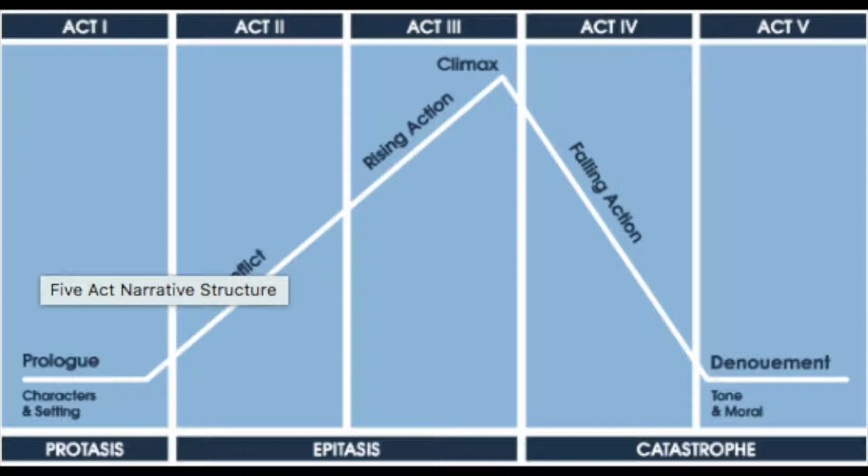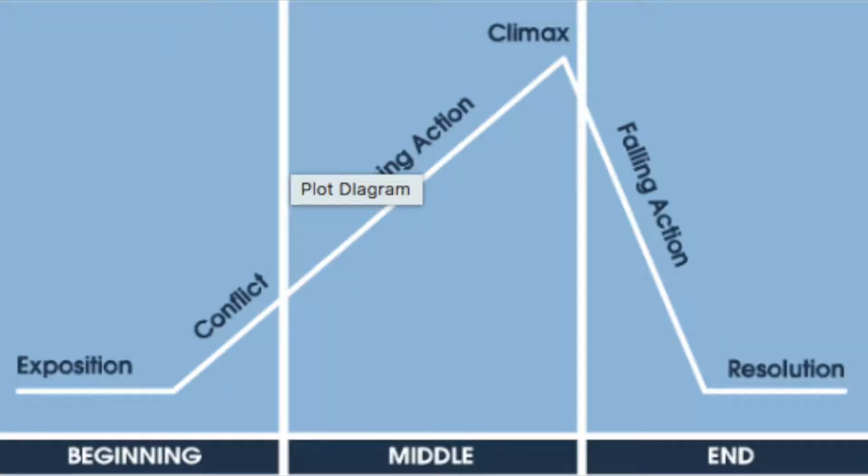Another is a plot diagram, which allows you to pick out the major theme of the story. The first part, the beginning, divides into two parts, exposition and conflict. Then the middle of the story contains the rising action and climax, and then it is divided by falling action and resolution. Overall, there are some standards to make a narrative structure, but the narrative structure is a simple representation of